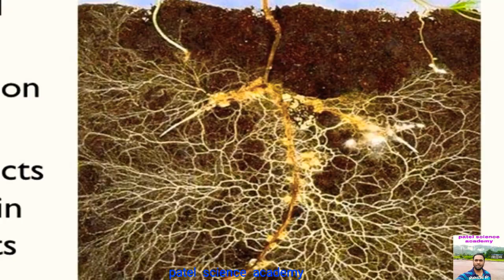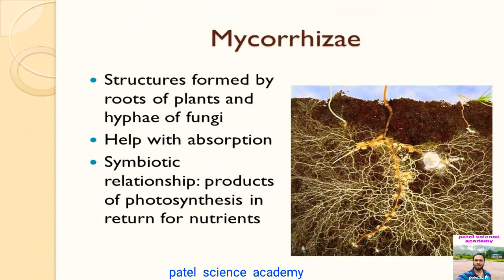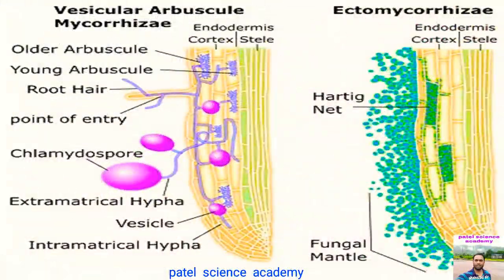This is about ectomycorrhizae. Then about endomycorrhizae, dear students, they grow in between and within the cortical cells of the roots, and fungal hyphae penetrate the cells and form finely branched structures known as arbuscules. They also form vesicles mostly in the intercellular spaces of cortical cells, and hence they are called VAM, that is vesiculo-arbuscular mycorrhizae.